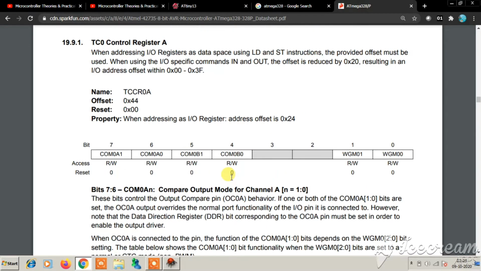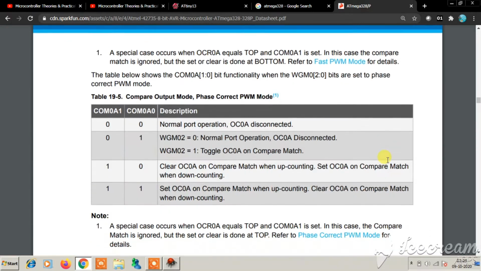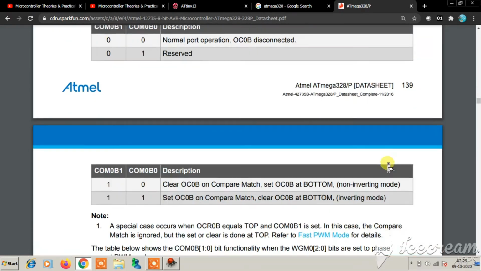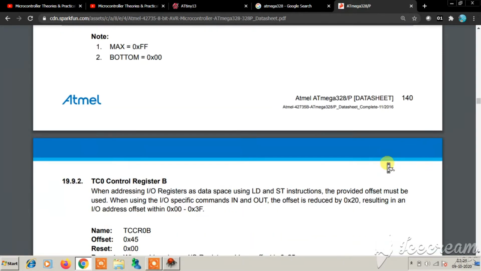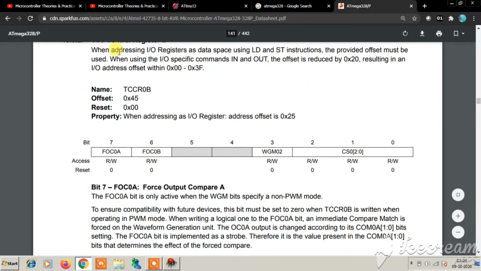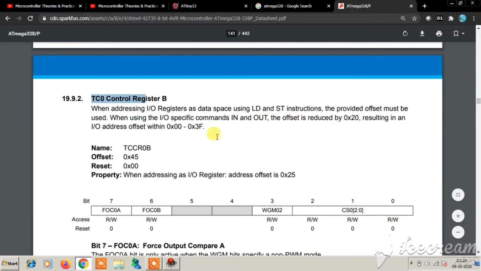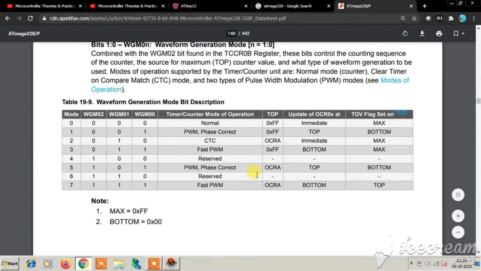Now come the WGM waveform generation bits. You have three bits associated with it: WGM01, WGM00 and WGM02. WGM02 is in the timer control B register. In the waveform generation bits, we will be using the fast PWM mode.